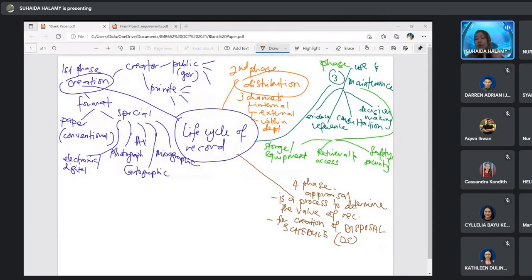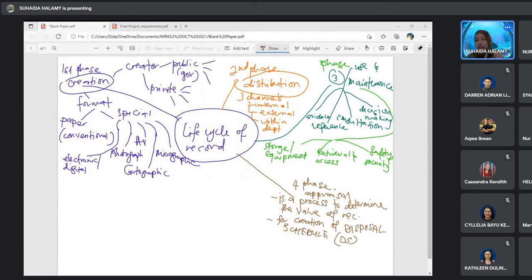And then number 2, siapa kena ada? Record officer or records manager. Tak kisahlah term apa yang you panggil in your organisation, tapi mesti ada mereka ni, records officer atau records manager. Okay, alright, that's number 2. Another person that should involve with this appraisal process, legal advisor.